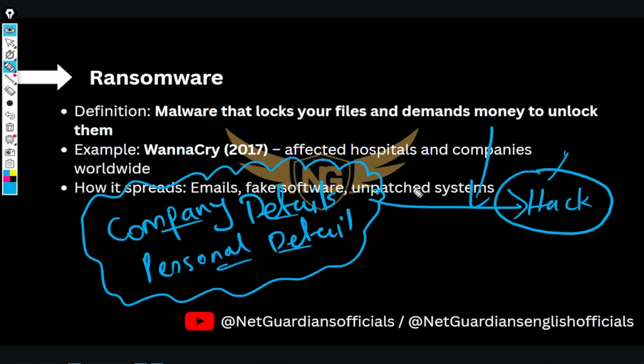So what is going to happen when I try to open these files to see or alter some details? It's going to show me "enter your password," or "enter your lock screen password," or "enter your file password," something like that. Then how would I know? I didn't set any password on the files, and I didn't give anyone the authority to set a password on these files. So the hacker is going to call or message me and say, "I have access to these files, and if you want to unlock them, then pay me